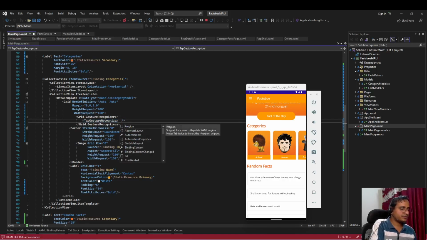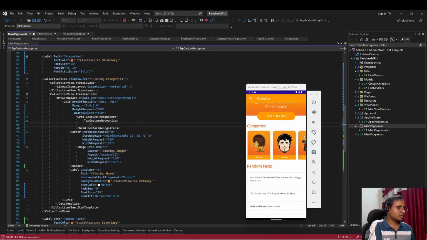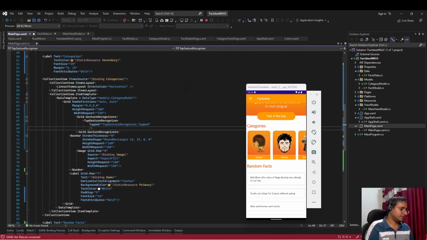and it has a couple of things. One is number of taps required, so maybe we need to trigger it when we single tap on it, maybe we want to trigger it when we double tap on it, three taps on it. So for now we need one tap, that is the default behavior, so we can remove this. And the second one is we can add, we are going to use MVVM for this, so we are going to use command, but for now just for testing I'm adding this event. So this tapped event,